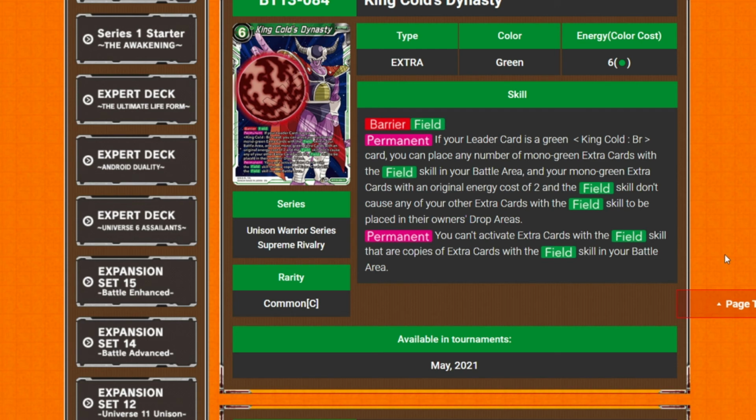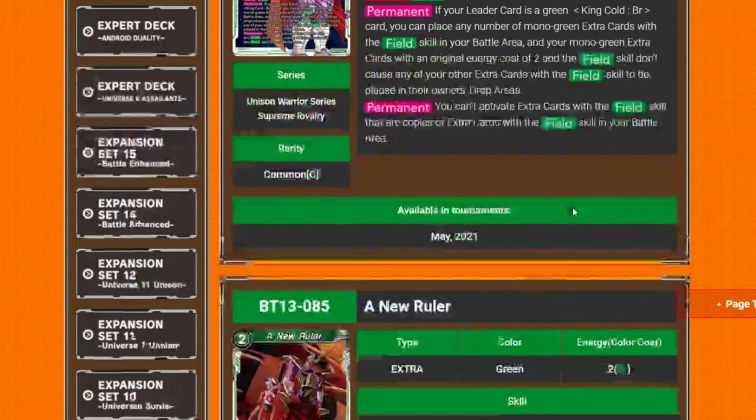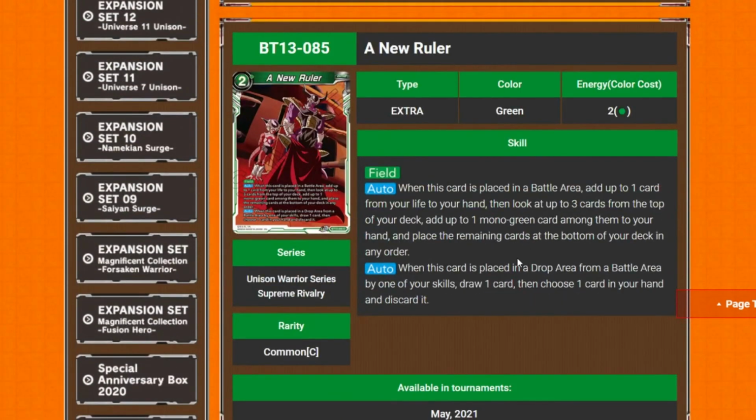And then its other permanent is you can't activate extra cards with the field skill that are copies of extra cards with the field skill in your battle area. So you can't replace your fields with another copy of itself, but you don't lose any fields when you play one out. Well, that's fine because you pretty much want one of each anyway. Well, yeah, but you get rid of them by other card skills, don't you? To then play them again, because as we're about to see now,